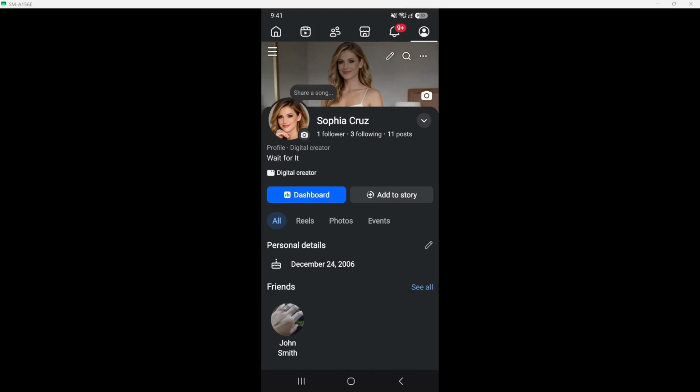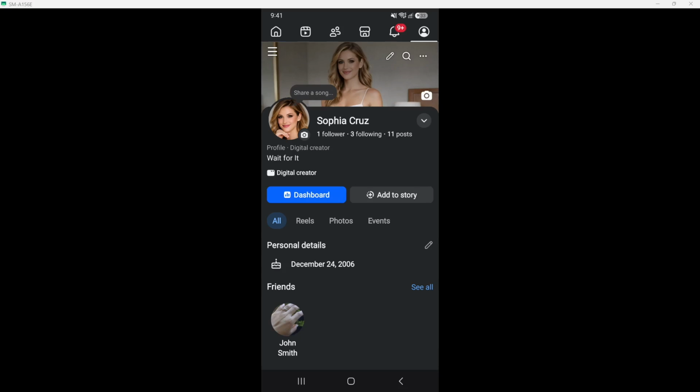In today's video, I'm going to teach you how to join dating on Facebook. First, let's open the Facebook app. Locate the app on your device's home screen. If you are using an Android or an iPhone, the app icon is easy to spot. It features a white F on a blue background. Tapping this icon launches the app.